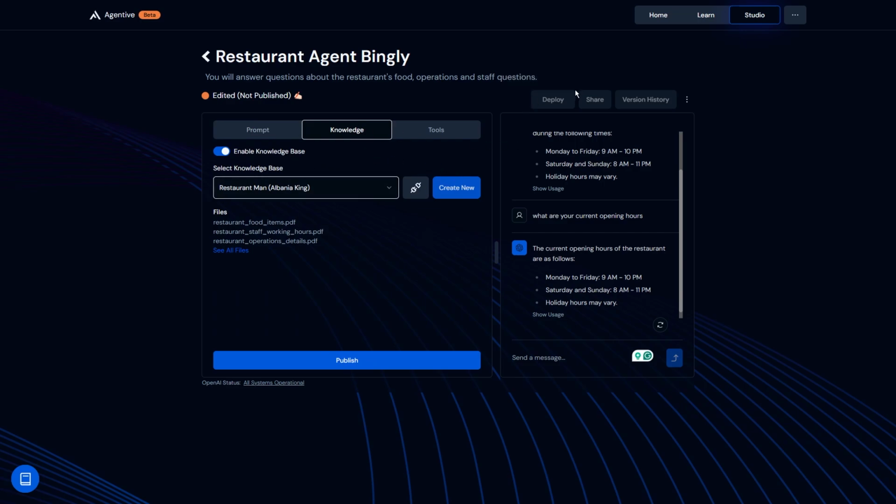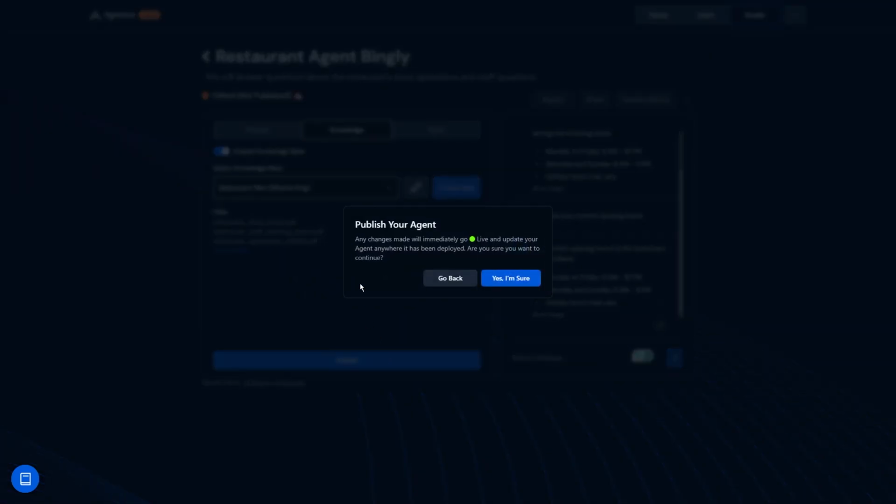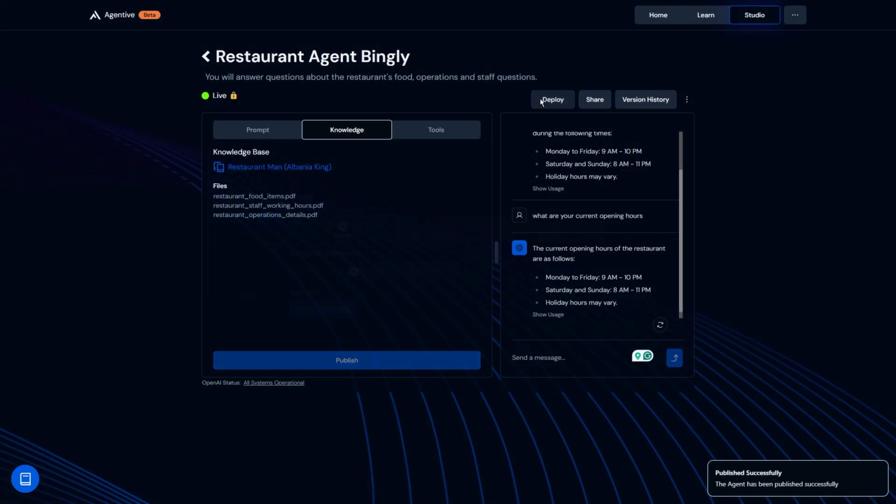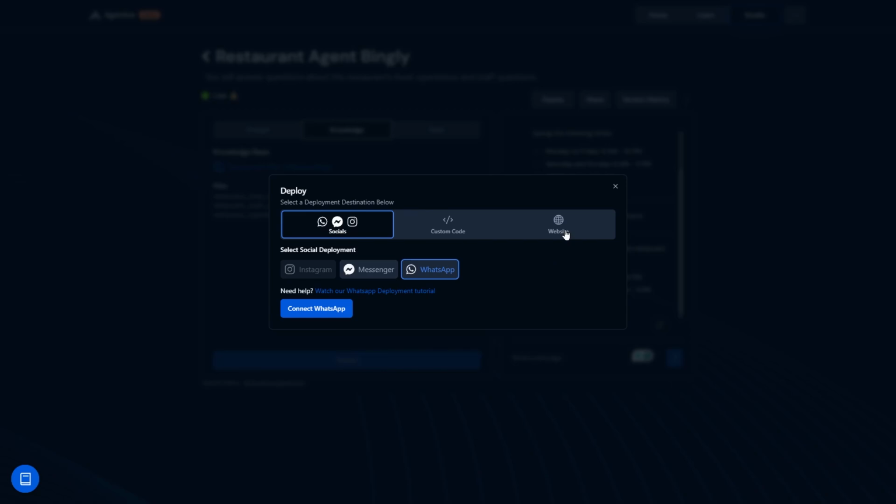So if you want to put it into the website, you need to first publish your thing, all right? And then you want to deploy it. There are three ways to deploy this. The really cool thing is you can deploy it to any of these as well. Even WhatsApp chat is crazy, right? So you would click any of these and follow the instructions, but the easiest way to do this is